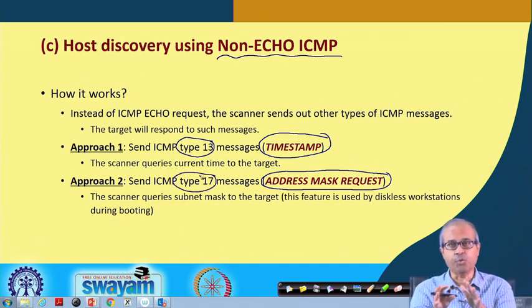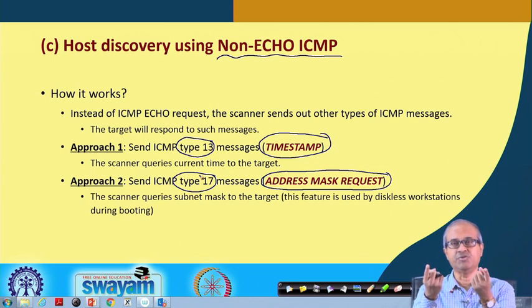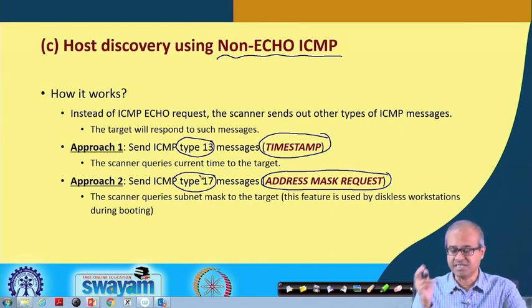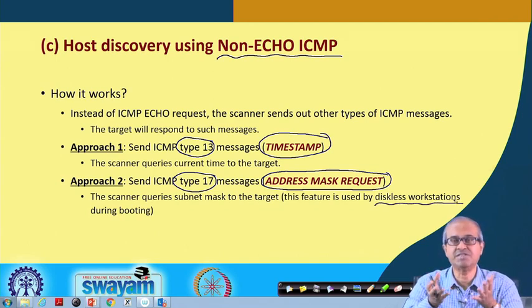The idea is that both these requests, when you send them to a host, the host will respond back, for the first case with some timestamp information, and for the second case with some information about the subnet mask. The second one, this address mask request, is typically used by diskless workstations which do not have an IP address or subnet mask allocated to them.